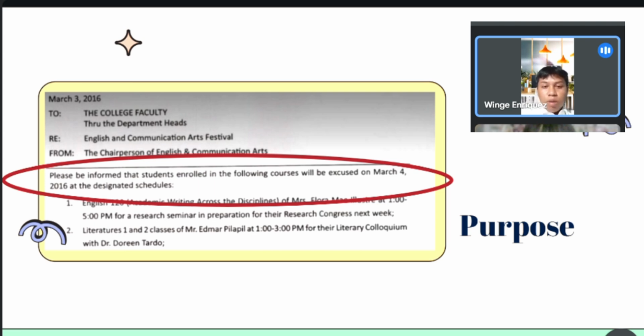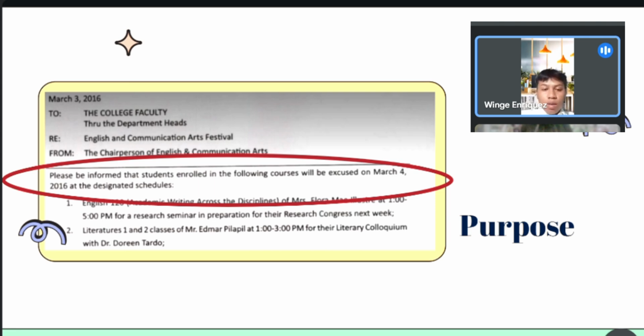So why is the purpose section of the memorandum important? The purpose section in the memorandum is important because, first, it clarifies intent. It immediately informs the reader about the reason for the memo, eliminating any ambiguity.